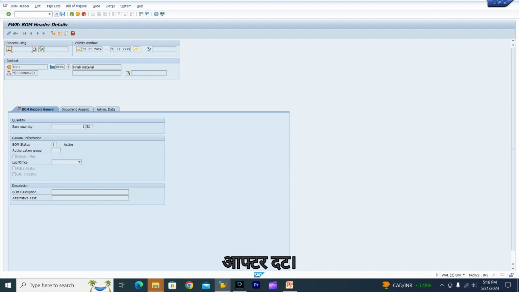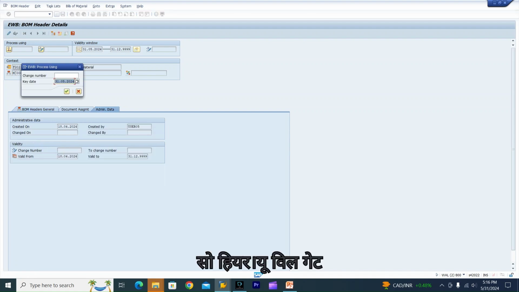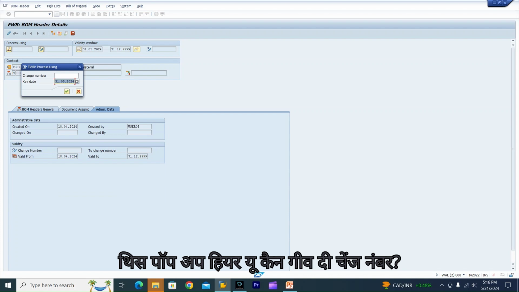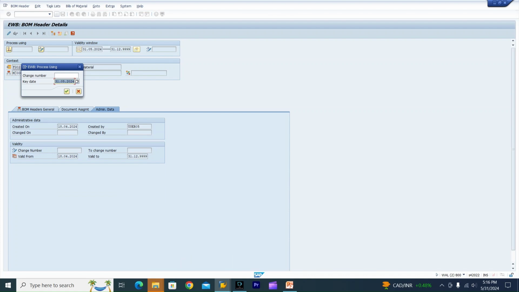After that, and suppose you want to change something, change some parameter, you can click this change log. Okay. So here you will get this pop-up. Here you can keep your change number,